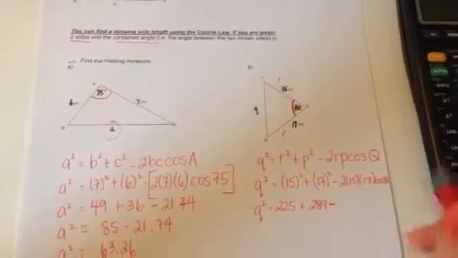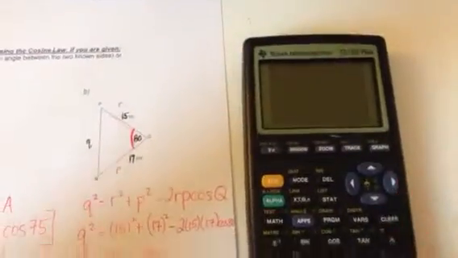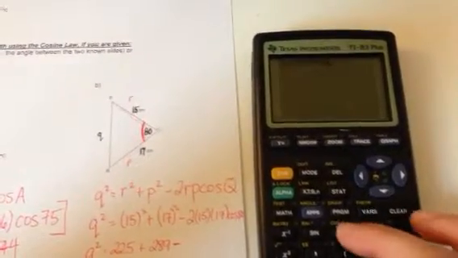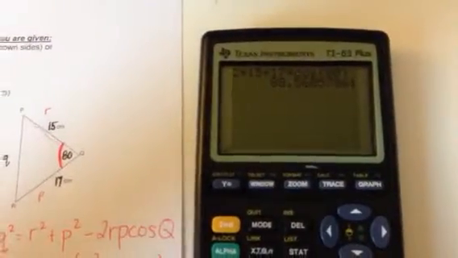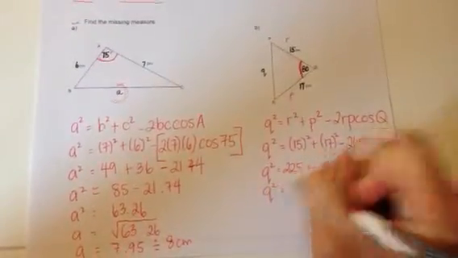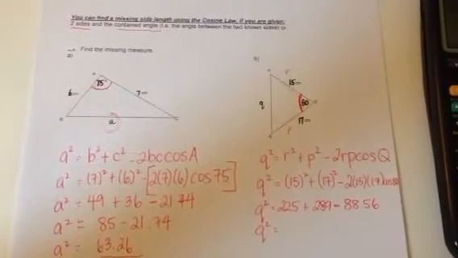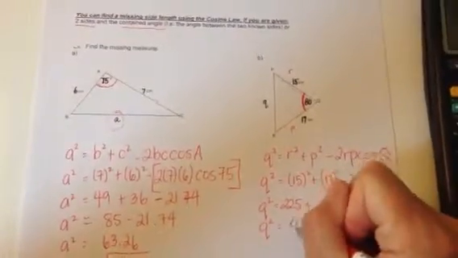Now, minus. You have to remember, multiply all of these things together first. So here I'm going to have my 2 times 15 times 17 times cos of 80 equals 88.56. So minus 88.56. Now you can add those things up. So 225 plus 289 minus 88.56 is